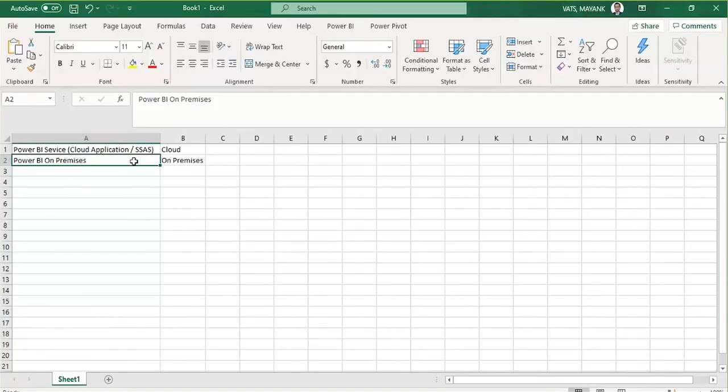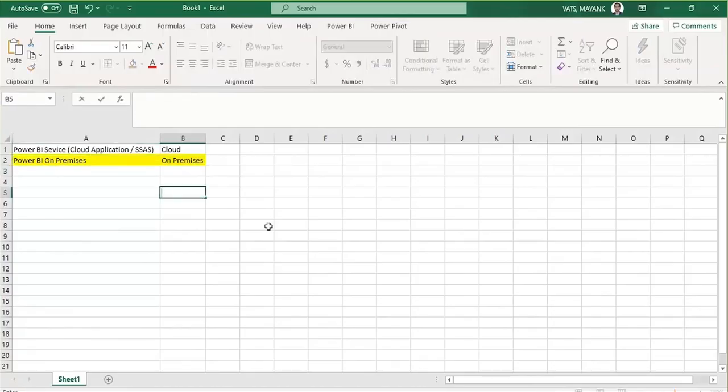Okay, I'll show you. The very first thing is, if you want to set up Power BI on premises, you have to set up an on-premises report server, or I can say the Power BI Report Server. If any of you have worked on SSRS, you will see it is almost similar, because the same components are used for the Power BI Report Server as well.